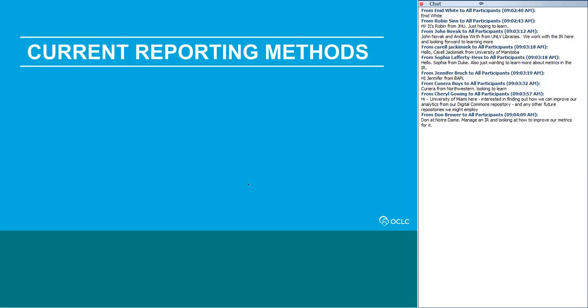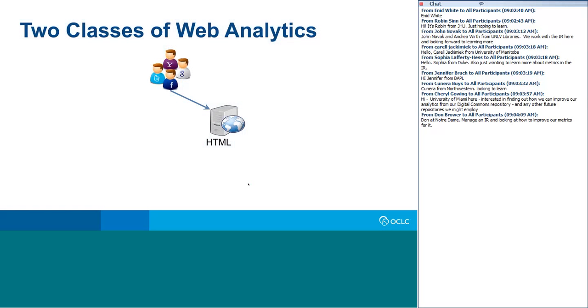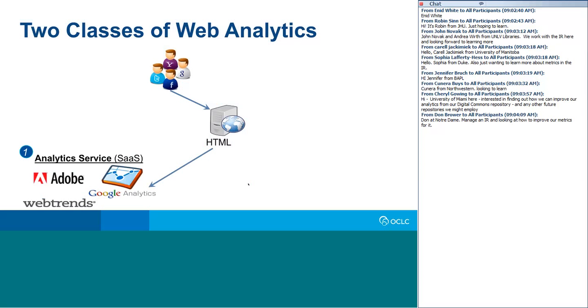So moving on to current reporting methods, there are basically two types. The first is what we would call page tagging services. This includes Google Analytics, Web Trends, some others. They're typically delivered as a software as a service, and they require a page tag embedded on each HTML page in the website. Okay? So all of those ancillary pages and the item summary pages would all have this JavaScript embedded in the